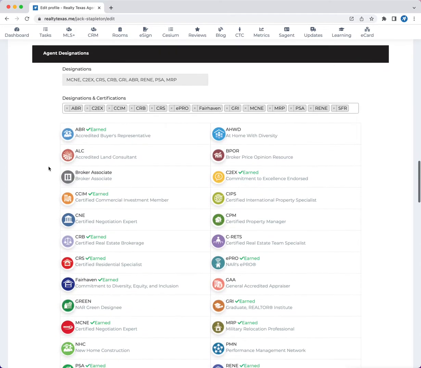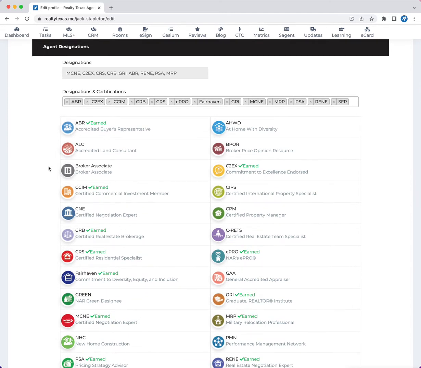Now this is a designation tool for agents. We do have staff that monitors this. For all the designations that you have earned and have the right to use, you can put here. It is a code of ethics violation and a license violation. Article 12 says that you're going to present a true picture in your advertising at all times. And if you advertise a designation that you don't have the right to advertise for, you can get in trouble